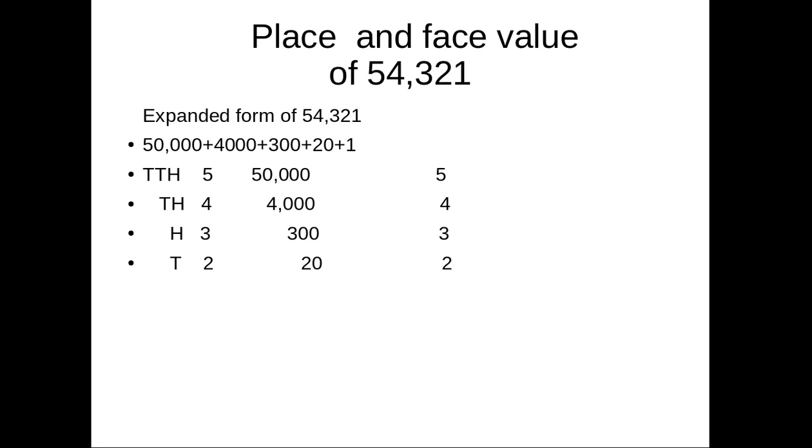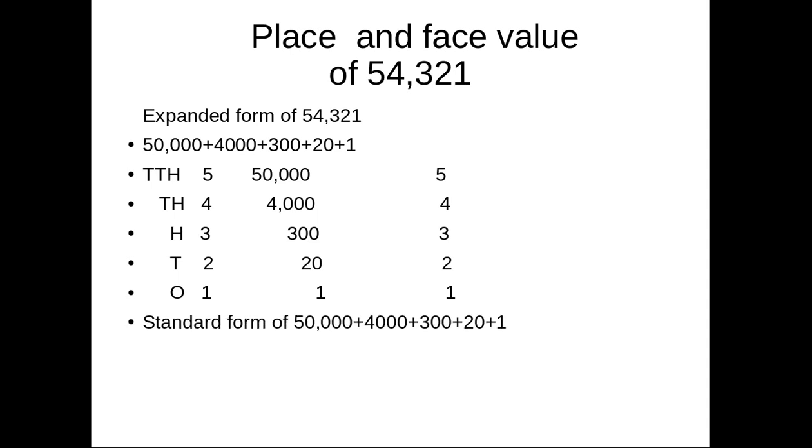Since 2 is in the tens place, its place value is 20 and face value is 2. Since 1 is in the ones place, its place value is 1 and face value is 1. So the standard form of this will be, if we add these place values, that means 50,000 plus 4,000 plus 300 plus 20 plus 1, then it gives us